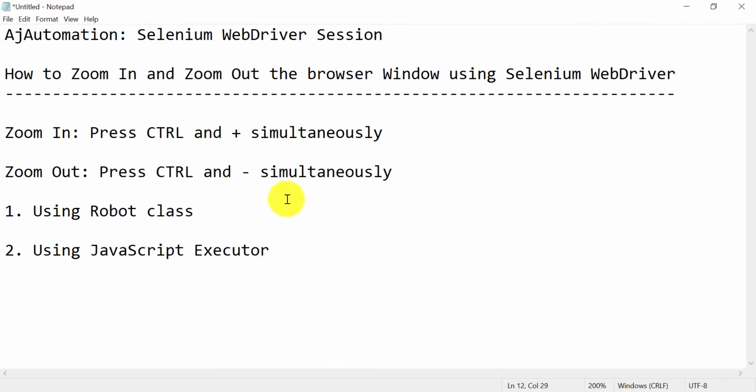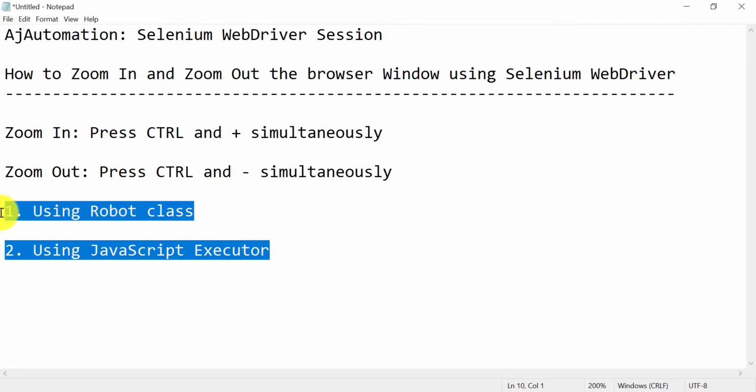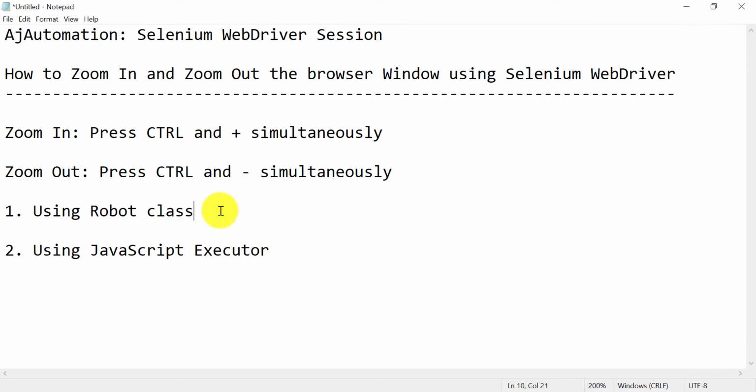These are the two methods by which you can zoom in or zoom out the browser page in Selenium WebDriver. Using the Robot class, we are going to press control and plus or minus button, and the second way is using JavaScript Executor. I am going to tell you both ways. So let's go to the coding part.